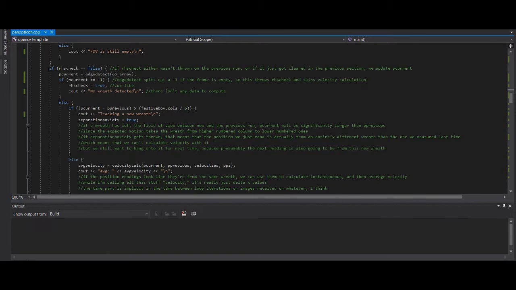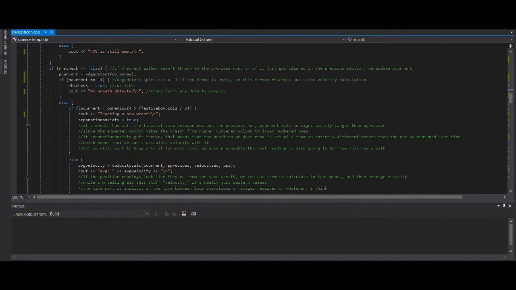So if RHS check is clear, either because we found a wreath last time or we found a wreath this time,